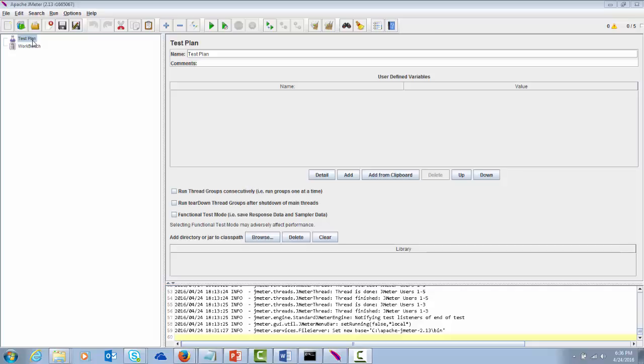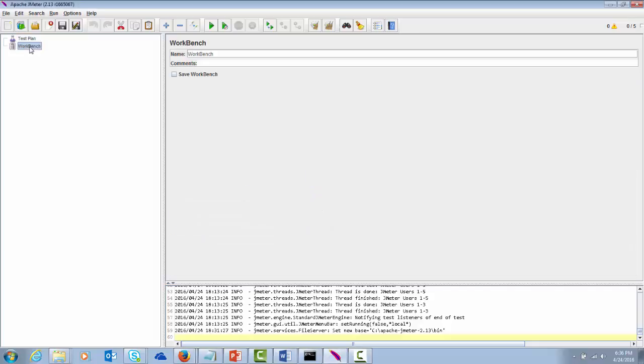Upon starting JMeter, you'll see two branches, which are the test plan and the workbench. Test plan is the place where your test elements will be living. The purpose of workbench is not really clear. It seems to be meant to be a place to do your throwaway experimentation. The really crucial thing about using workbench is, however, that JMeter will throw away whatever you put into the workbench